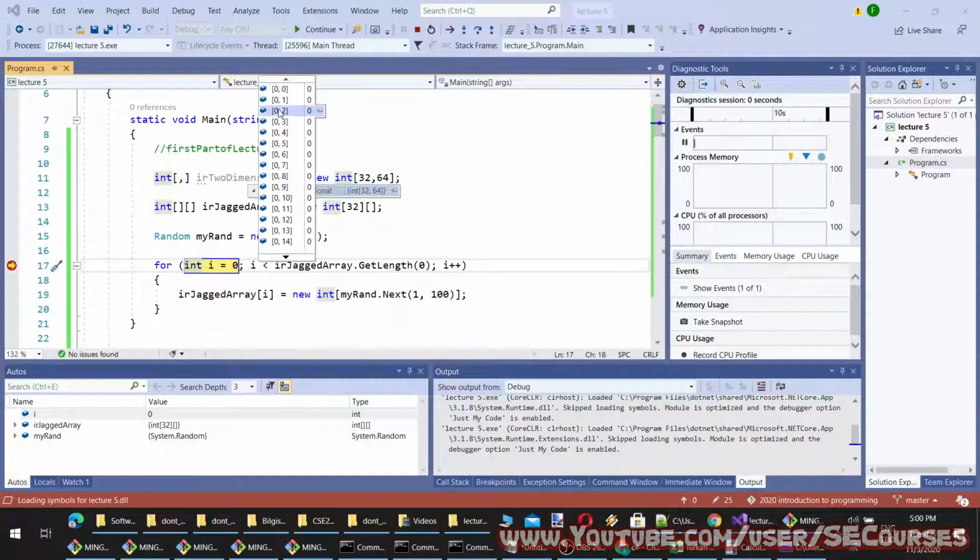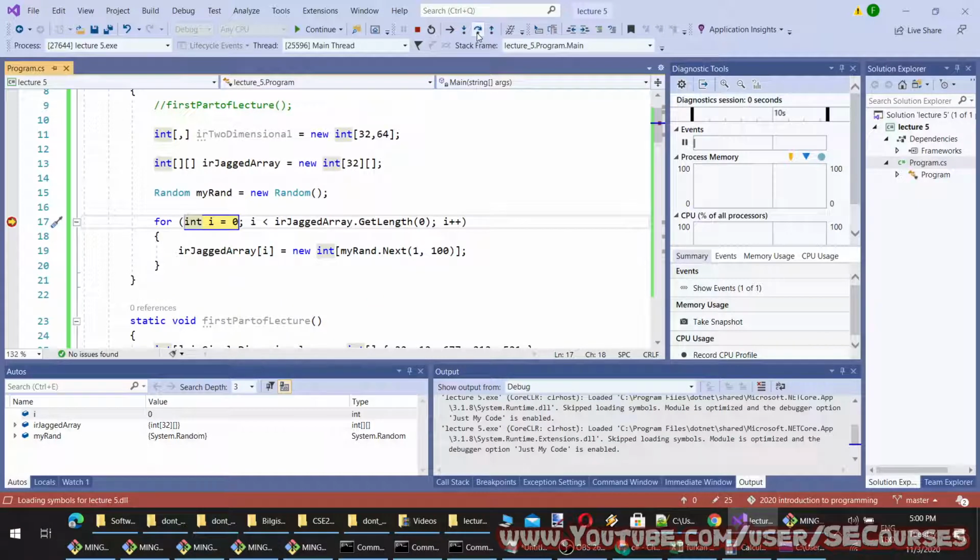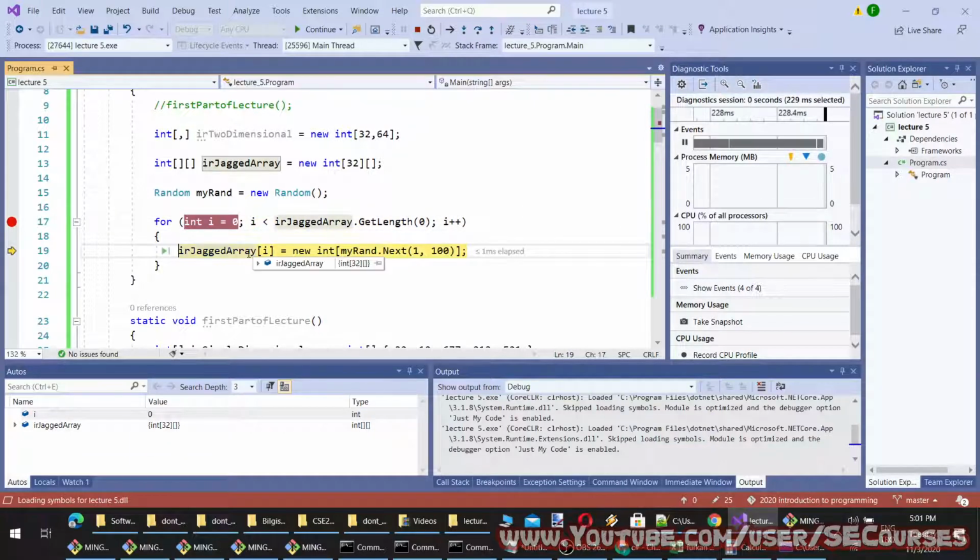Here they are initialized and they have the same size for all the arrays. So I'm going to step over. You can click this or press F10.